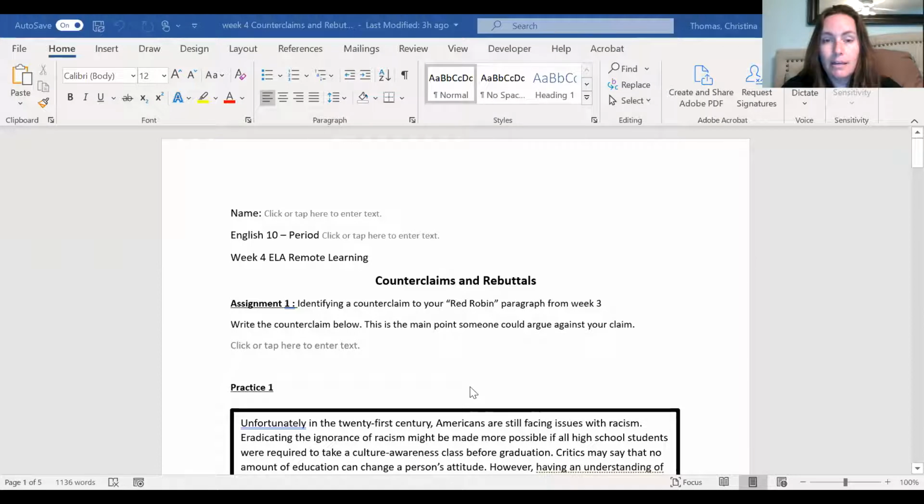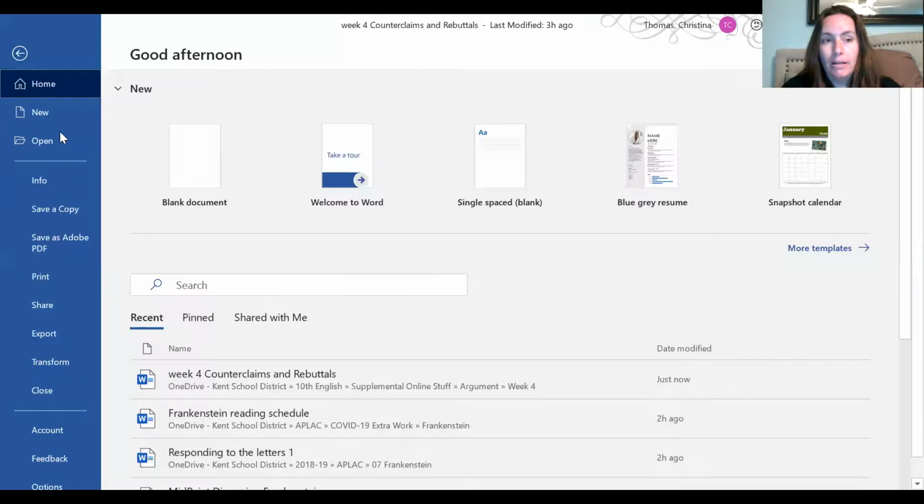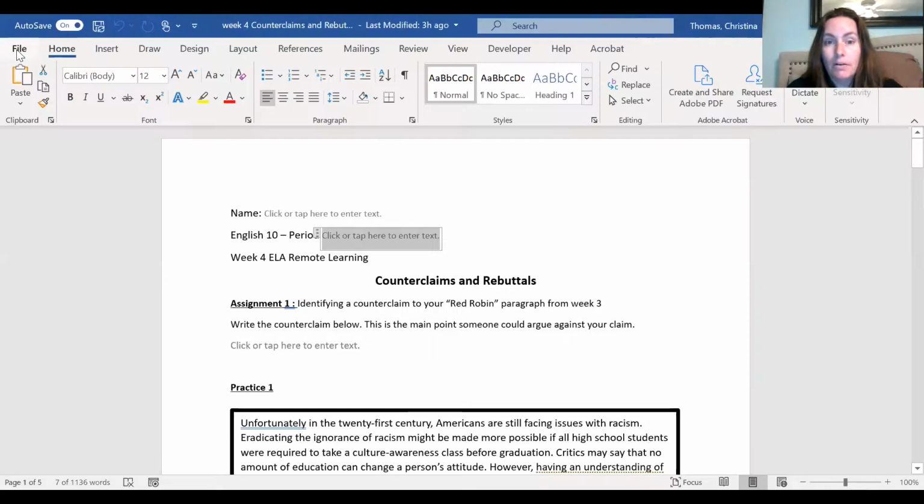The first thing I'm going to share with you guys is the actual document for the assignment that you found over in Canvas. This is what it looks like. Remember, this has the little text areas you can tap and click to type right into. But before you get going, really, you want to do a file and you want to save it and save a copy and save it to a safe space that you know where you can find it. All right, so